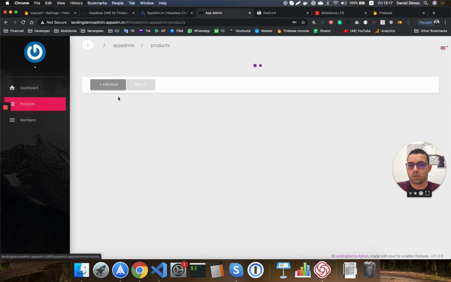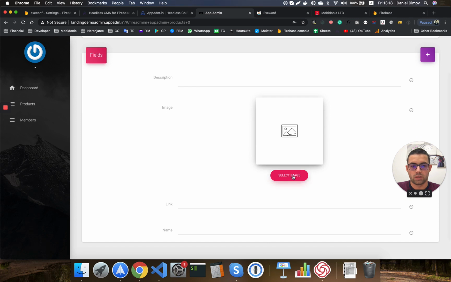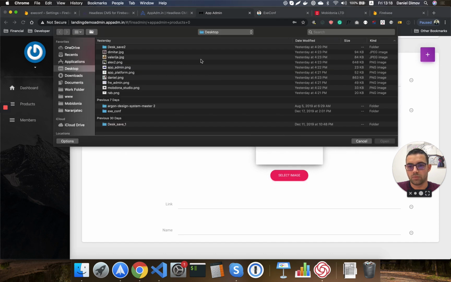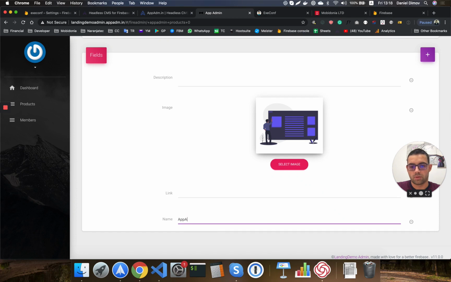And here in products, I'm able to add a new product. Okay, let's do that. And now we are able to just select an image and to upload it. I will use the AppAdmin image. Okay, the product name is AppAdmin. The link is https AppAdmin, and description headless CMS for Firebase. Okay, so before I need to go to file storage to upload an image,